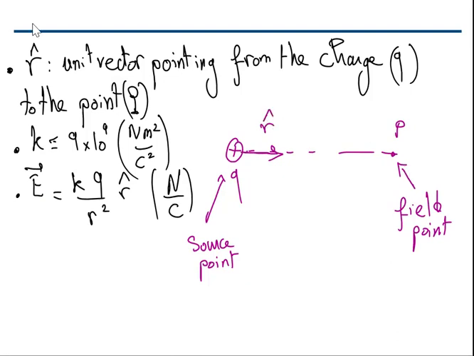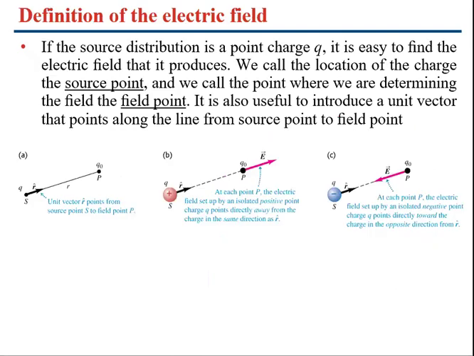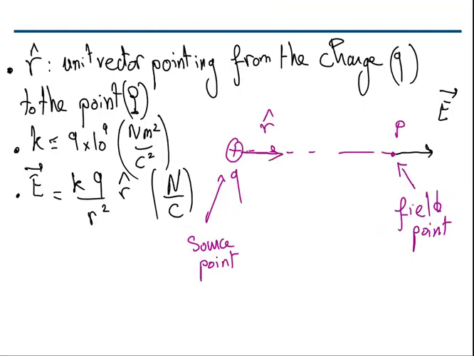What is our electric field? This is our electric field, outward, because the charge is positive. Good. Let's continue. It's also useful to introduce a unit vector that points along the line from the source point to the field point. Good. Now, if we take a negative charge Q,